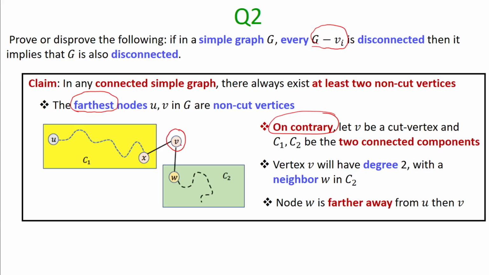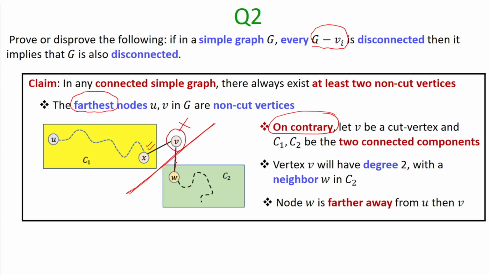Right? Because if the degree of the vertex v had been just 1, that means if the only neighbor of v had been this vertex x in the component C1, and there is no neighbor w, then how can it be possible that deleting v splits the graph into two components C1 and C2? Since the deletion of v splits your graph into two connected components, there is some node w in C2 such that v has an edge to that node w in the connected component C2. But that gives you a contradiction to the fact that